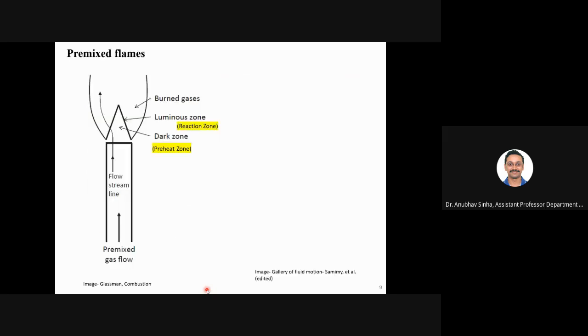Okay, so let us now talk about premixed flame. What is the structure? What are the different regions involved? Let's say this is a Bunsen burner tube. Flow is coming from here. Now this is a streamline. Flow will come, then it will go out. Why will it go out? Can anyone tell me? Why will it not go straight? Why is it diverging? To maintain flow rate, the area will spread out.